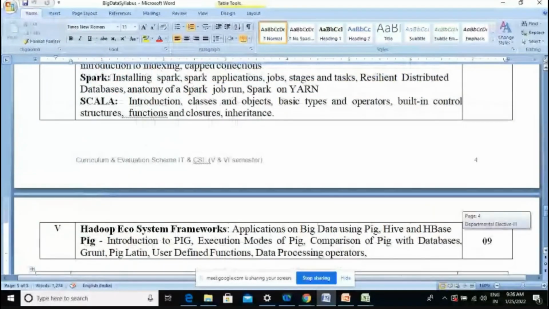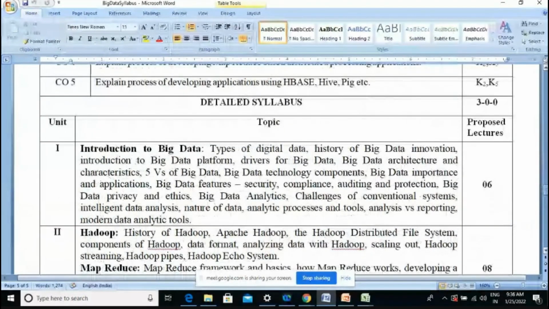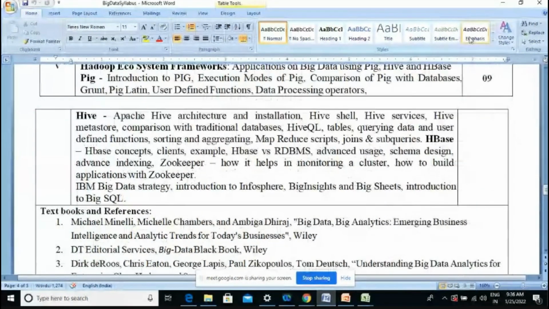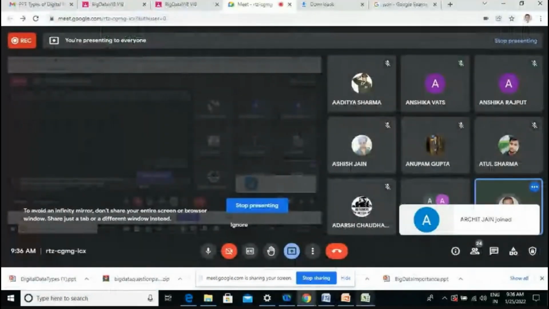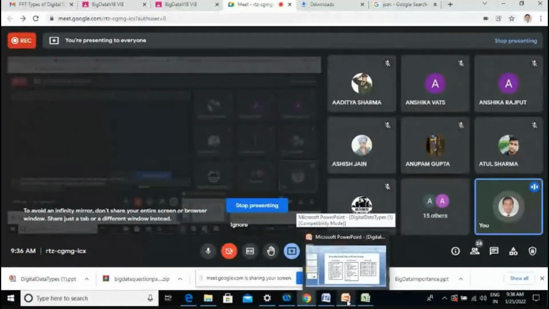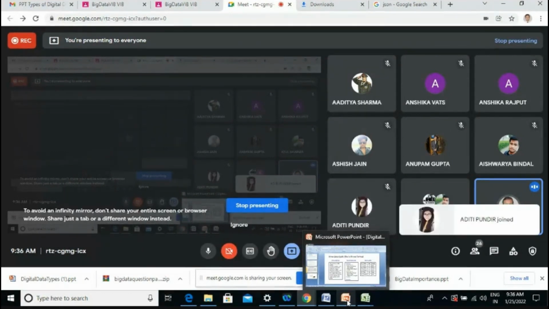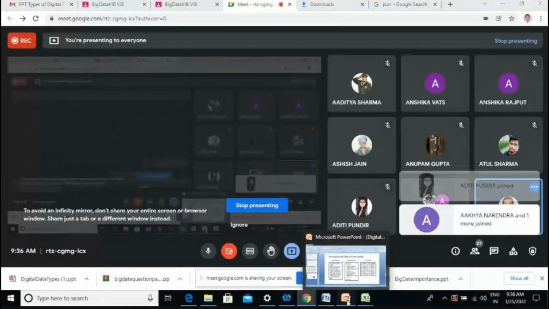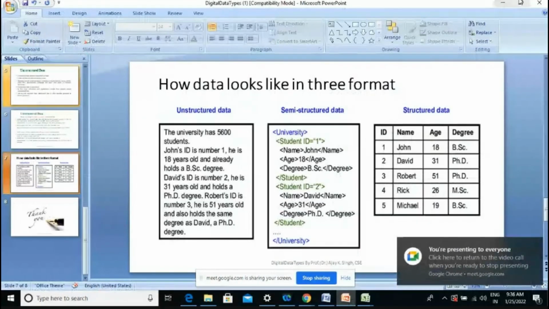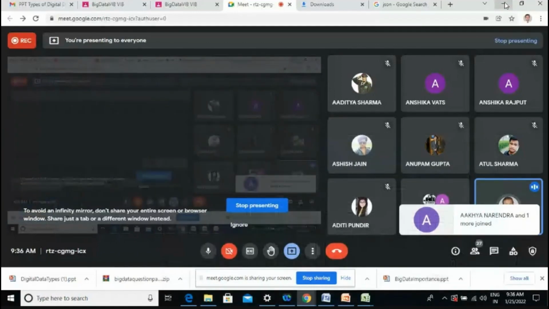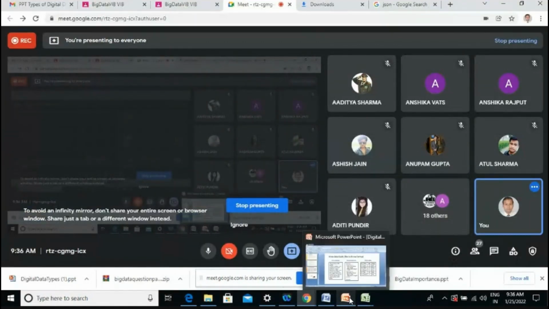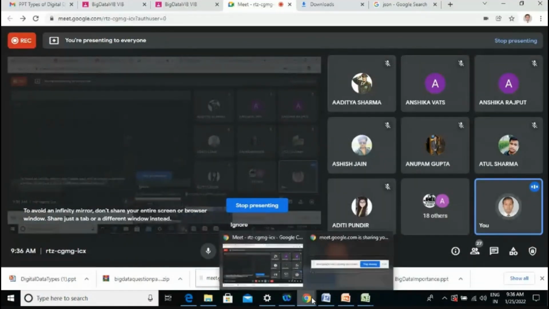Fine. Now coming back to your introduction part. We just started the introduction part, isn't it? I'm going to open the slide. I have even uploaded the slide, the first unit, first topic. Why are we studying this big data? What is the importance of studying big data? We just started with big data, the importance of big data, and it is there in your classroom also, isn't it?